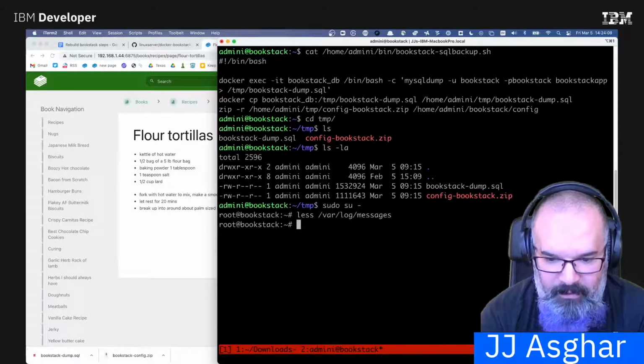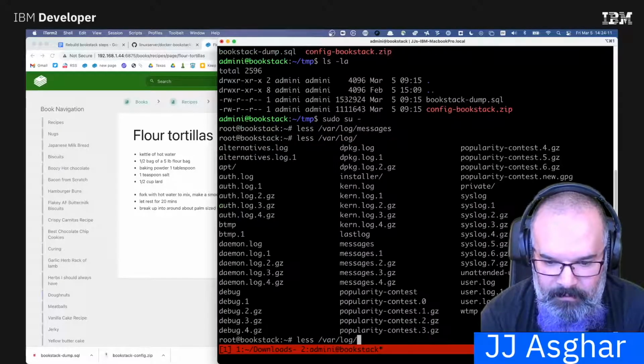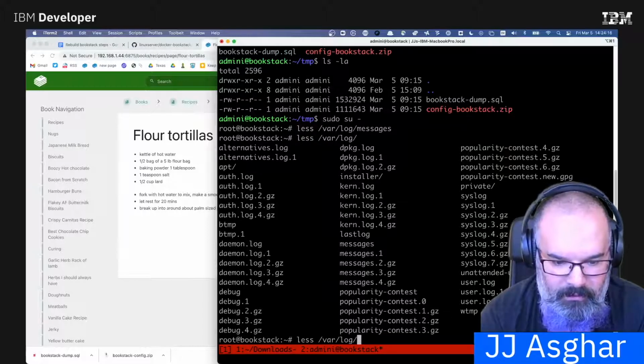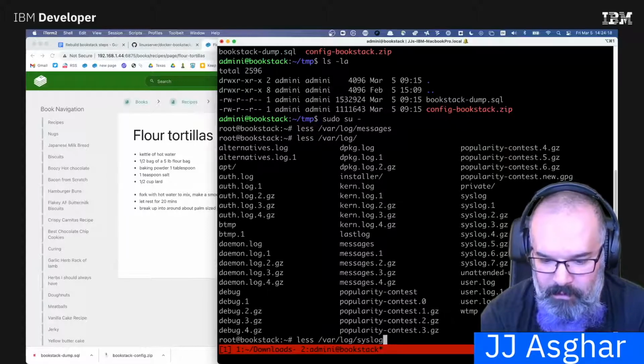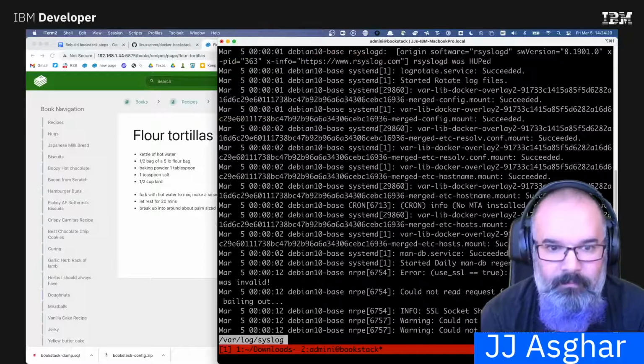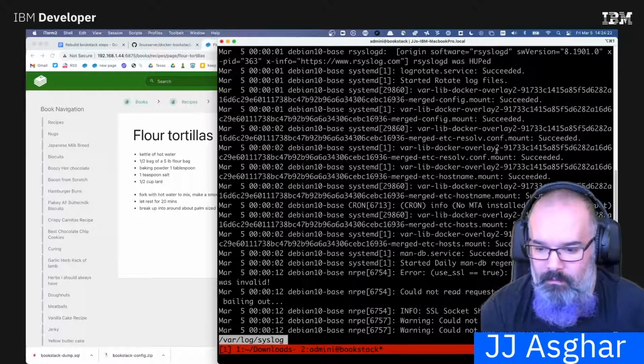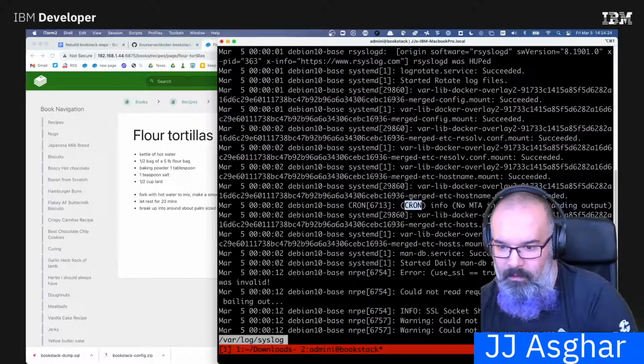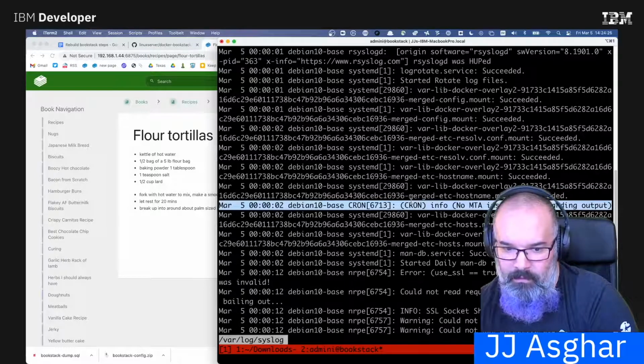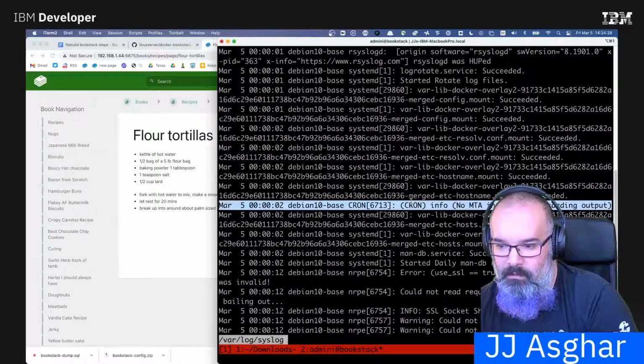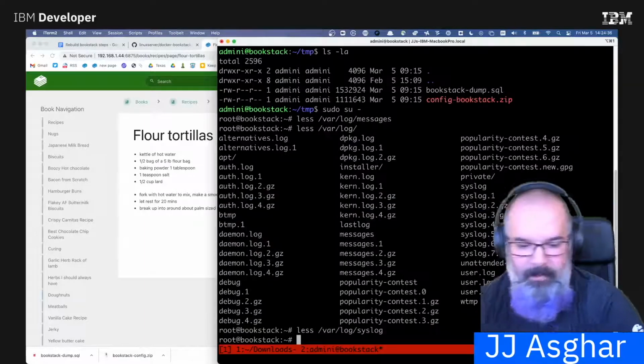Okay, that's not very helpful, is it? Is there cron? I don't actually know. No. Where the hell's cron run? Where in the log? Syslog maybe? Cron, here we go. So something broke. No MTA installed. Okay, so